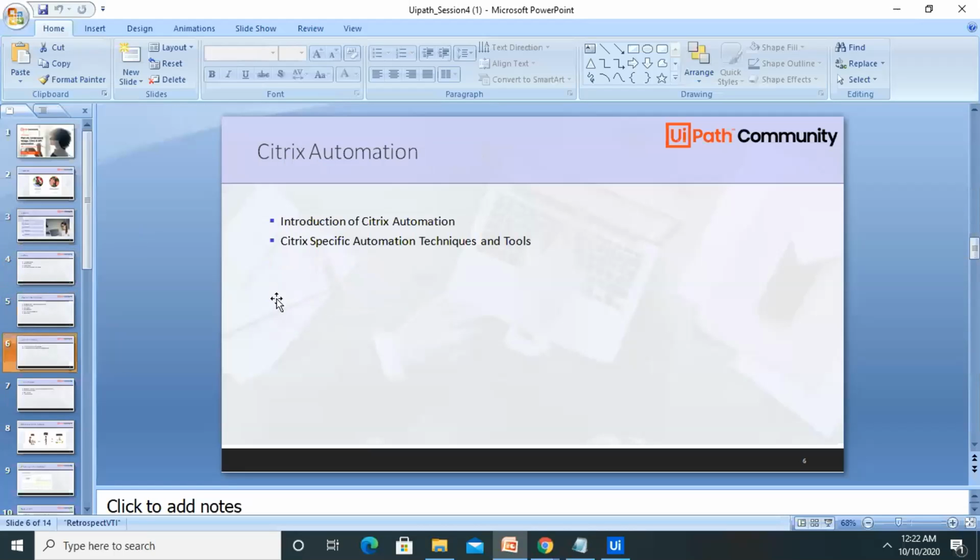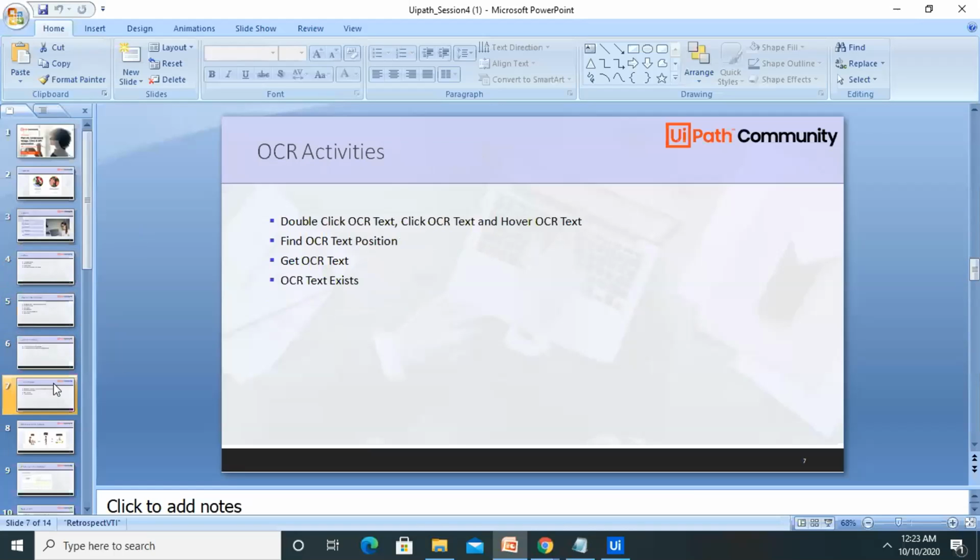Next part, when we are talking about Citrix automation and OCR activities, the OCR activity also has the same structure, but whenever we have any specific tool or remote control position, like we are working on two different tools, and if we want to extract the content from one system or automate the application available on the remote server, automating that application is very much possible, with accuracy of more than 95%, which we can use for native Citrix automation. Definitely OCR activities we can use also.